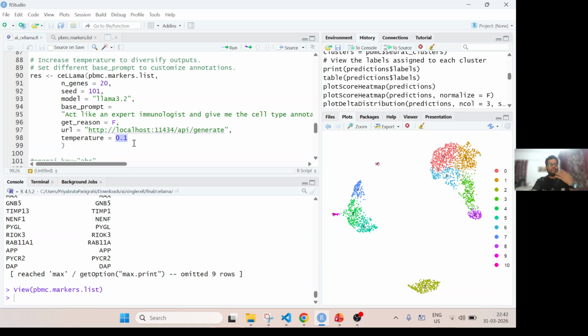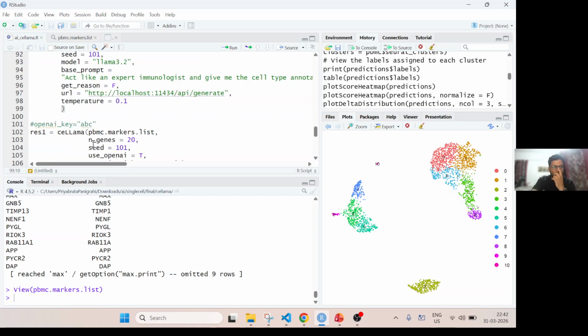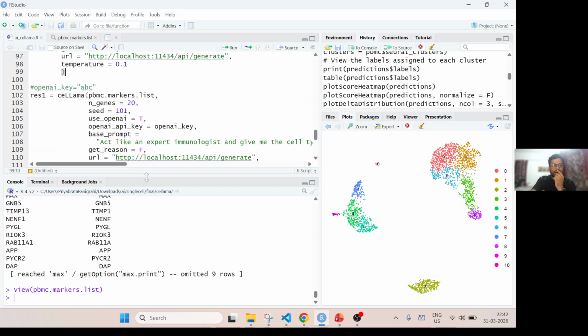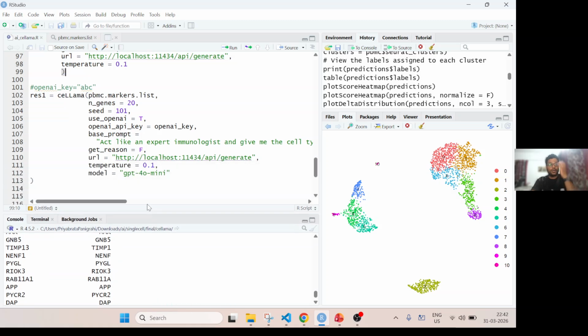Low temperature means a very precise answer, and if you want more diversification, the answer will be more diverse, I would say, not creative, that's not the right word. If you want a more diverse answer, then you can increase the temperature. Alternatively, if you have the OpenAI model, right,